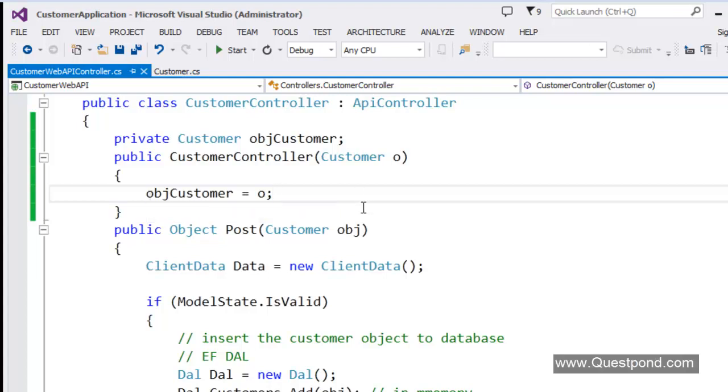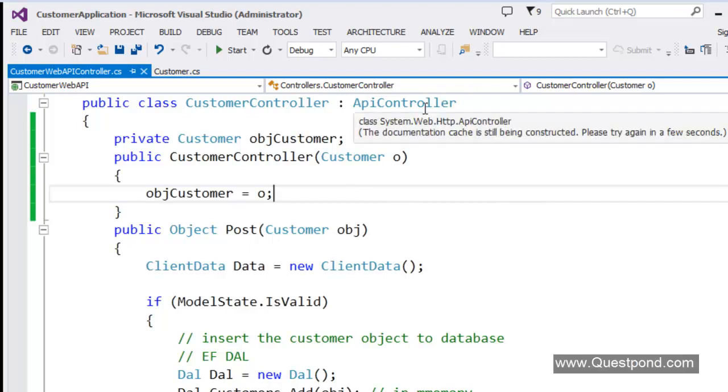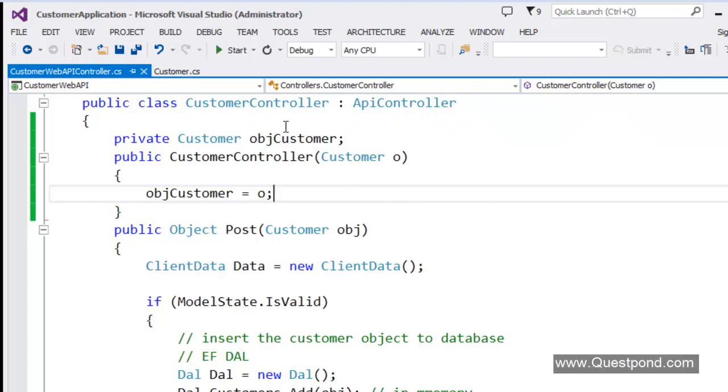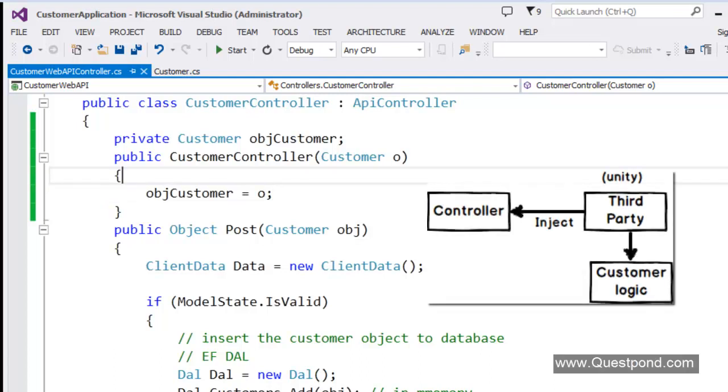In this way, the customer controller is now decoupled from the customer logic. So tomorrow we keep on adding new customer logic, and the client, whoever is consuming this customer controller class, has to decide and inject which object has to be injected here. So the customer controller class has no idea that you have discount calculation by code, by amount, by age, whatever. But now let us go one step ahead.